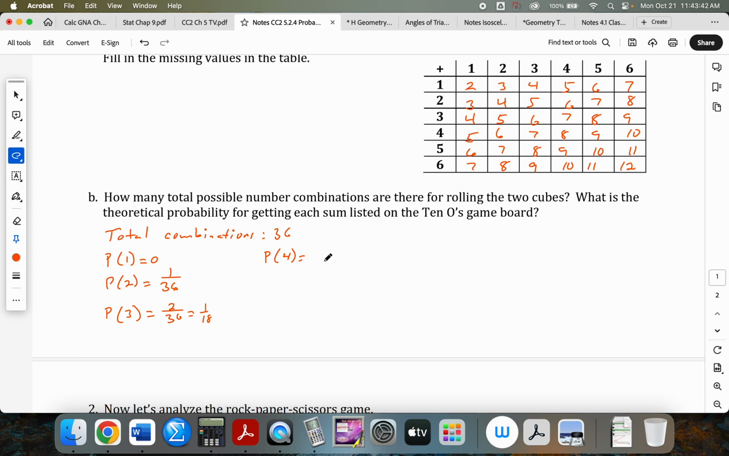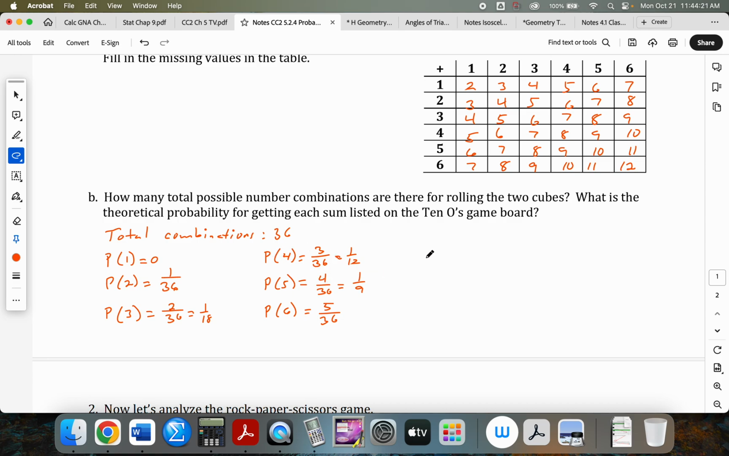Probability of getting a 4, there's 3 of those. That's 1/12. Probability of getting a 5. How many 5s are there? There's 4 out of 36. That's a 1 out of 9 chance. Probability of getting a 6. 5 out of 36, which doesn't reduce, but it's a better chance than getting a 5 or any of the